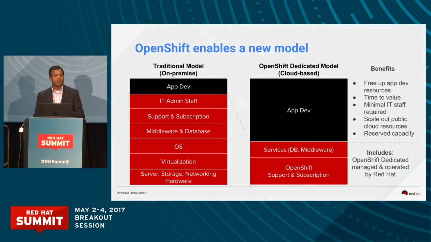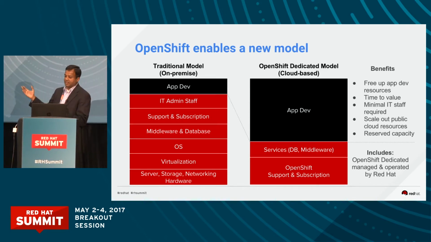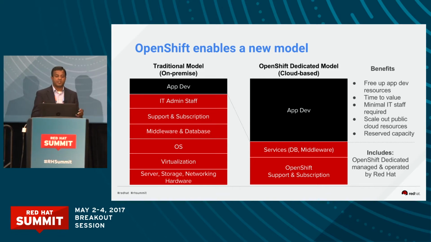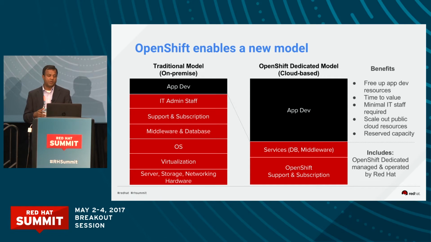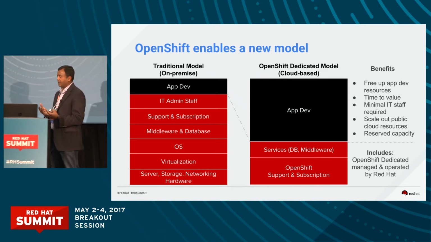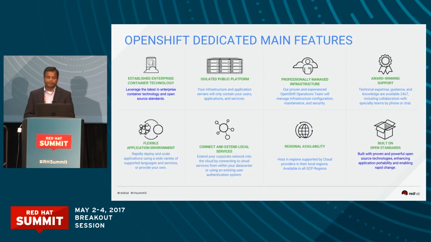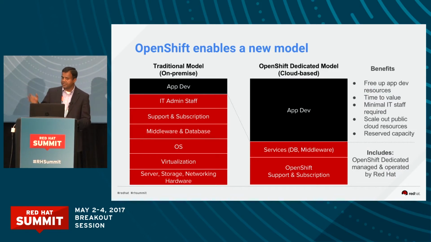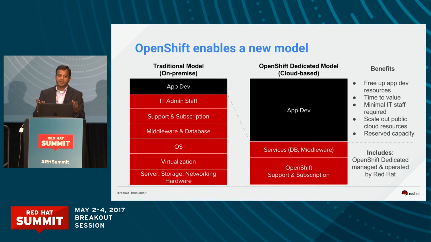While in a traditional model, if you were to do it on-premise, you're really responsible for pretty much everything. So that's telling you how you can free up resources for app development, how you can go faster to market, right? Everybody knows about digital transformation and the business value of expediting the process for the applications that you're building. And I think one differentiator here is that even if you're using a public cloud provider, you are still responsible for everything from the operating system upward, right? So the difference here is, even though it runs on a public cloud, we take care of all of those things for you.